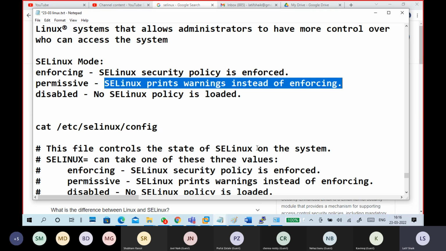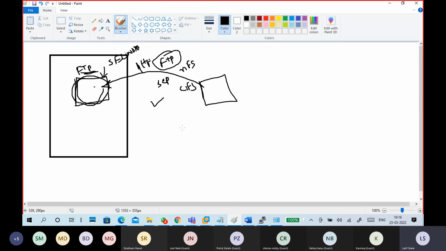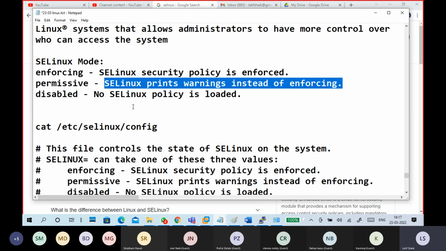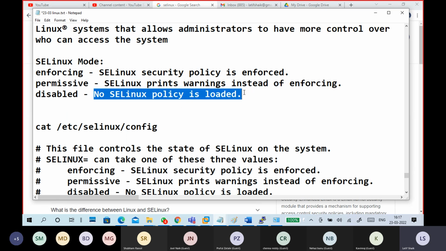For example, it is an HTTP file but you try to access it with FTP, or a home file or some file. SELinux allows you to access in permissive mode. Disabled: no SELinux content.